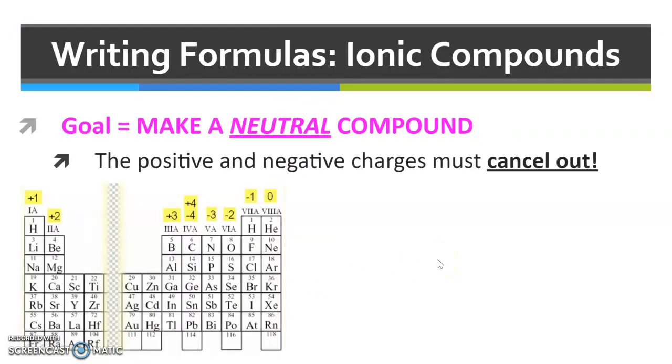So how do we know? Like, how do you know that you only need 1 magnesium and 1 oxygen in magnesium oxide? How would you be able to determine that? Well, remember, our goal is to make a neutral compound. So the positive and the negative charges must cancel out, okay? So that's why I said if you haven't done your ion or your Lewis dot lessons, you're going to be lost here because you have to be able to determine the oxidation states from the table